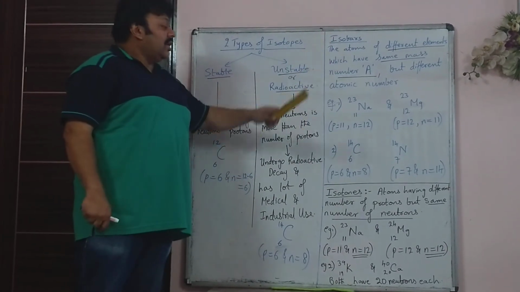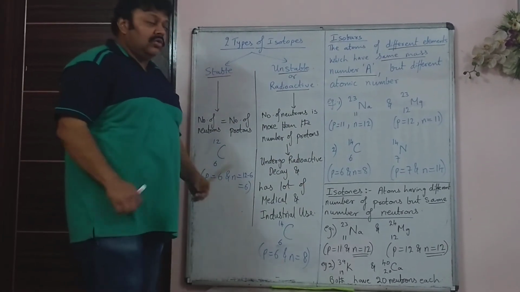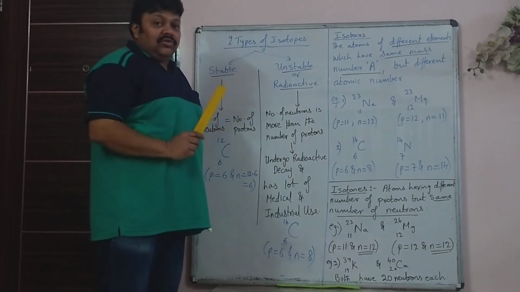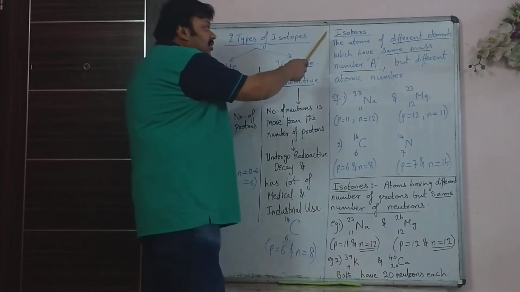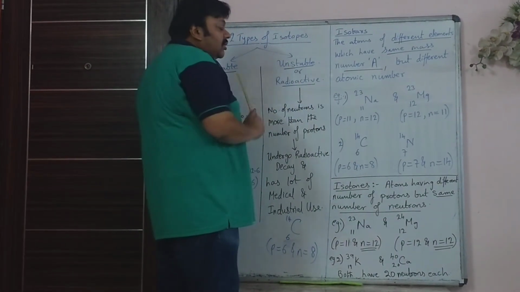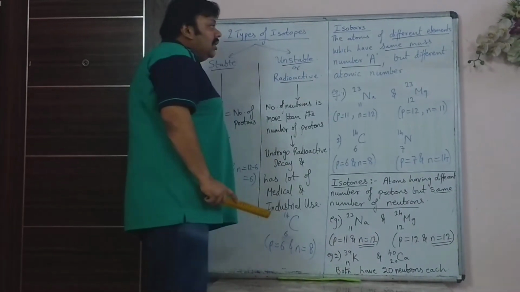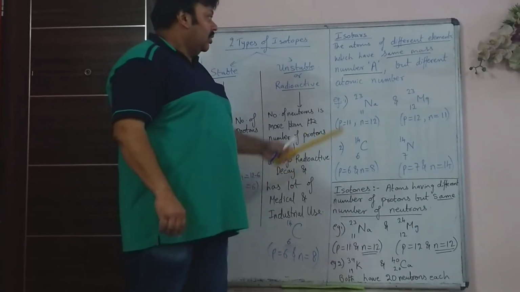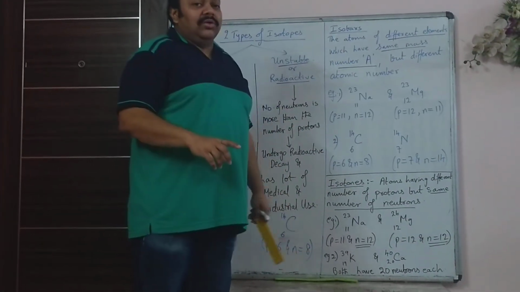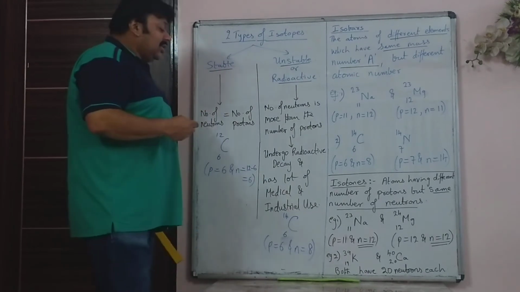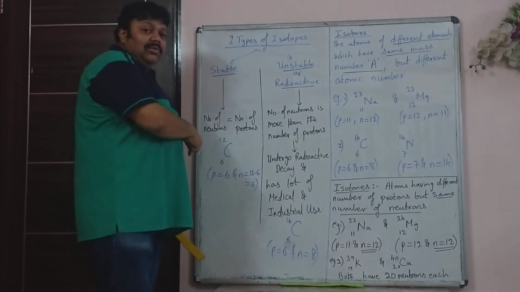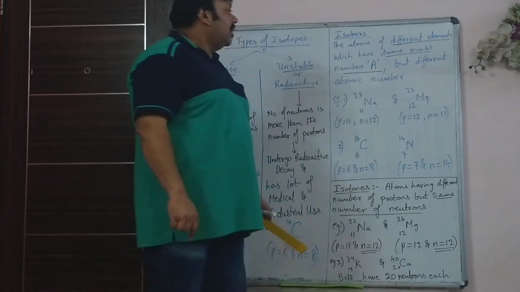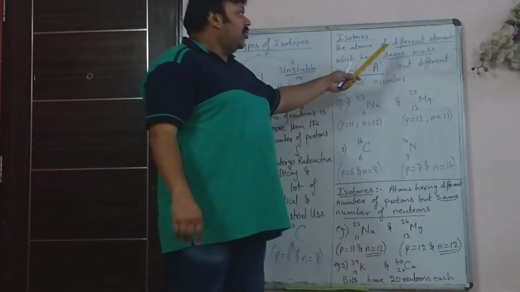Now we will see what are isobars and isotones. Now most important was isotopes, which you saw first. That has been asked 2-3 times in the boards. Now what are isobars? This has nothing to do with the geography, this is the atom which we are talking about. The atoms of different elements, so different elements means different atomic number, which have the same mass number. Now in this case the mass number is same, whereas in isotopes the atomic number was same.